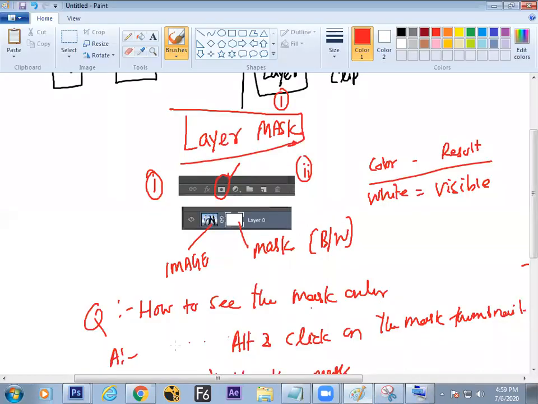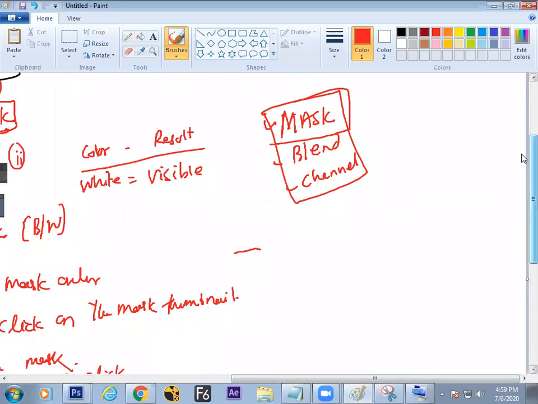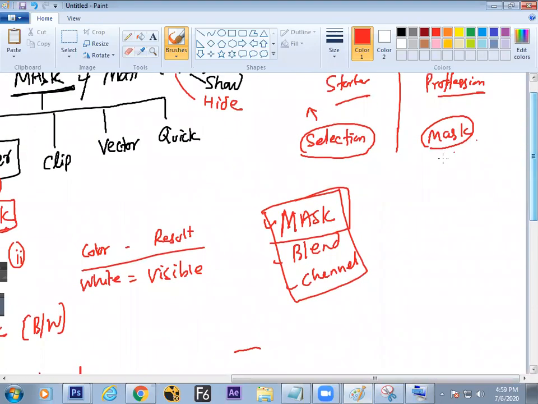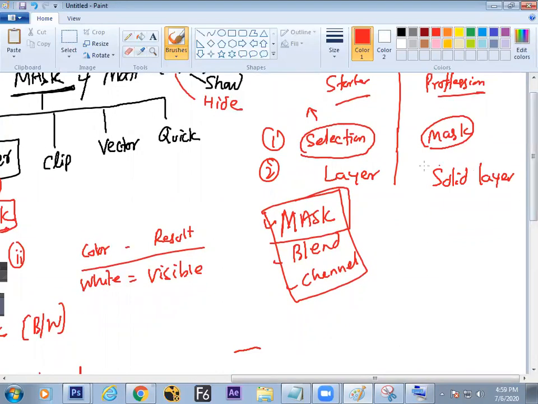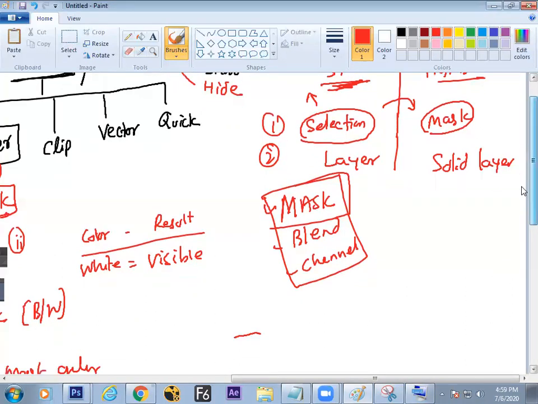So the two things we got to know: what is the difference between a normal layer and a solid layer? Professionals work on solid layers. Starters work on normal layers. So the difference is here. A normal layer is easy to understand; a solid layer is difficult to understand. We need to switch from this part to this part, then the salary will grow. You can get a job at the first level, but the salary will grow once you touch the solid layer.